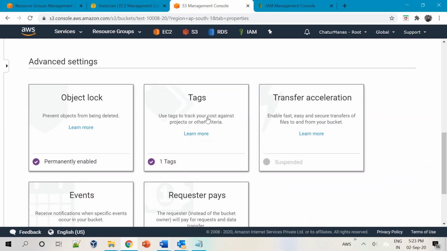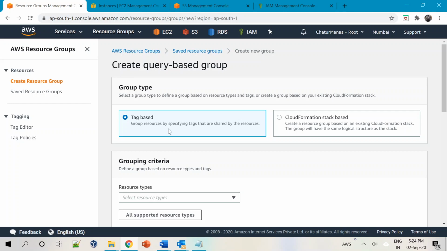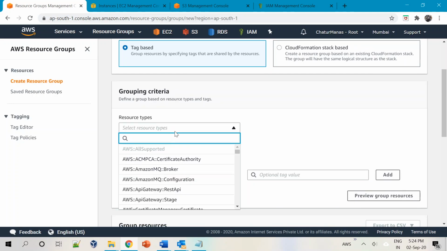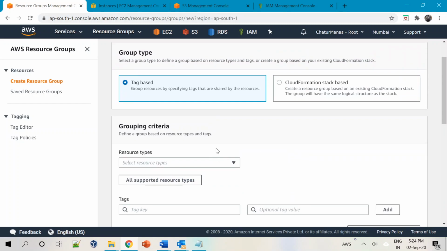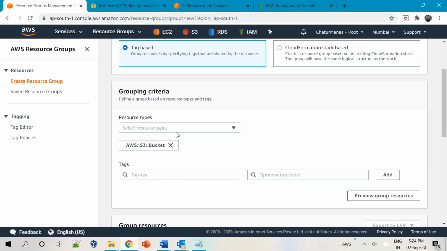Now I want to group all these different resources created for this project called training. When I want to group that, I can do that using a resource group. So I'll choose tag based and I'll choose what kind of resources I want to have in this particular group. Let's say I want to have S3 buckets.